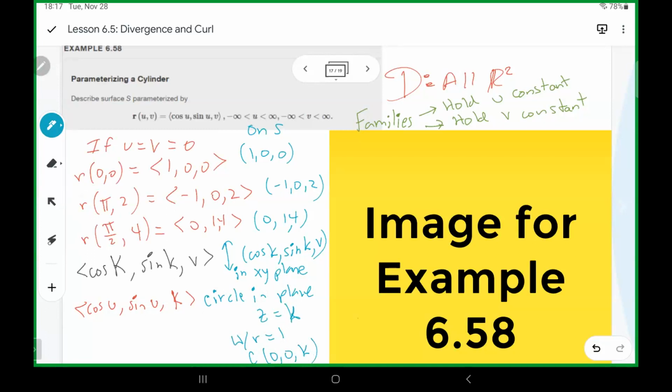If u is held constant, then we get vertical lines. If v is held constant, then we get circles of radius 1 centered around the vertical line that goes through the origin. Therefore, the surface traced out by the parameterization is a cylinder